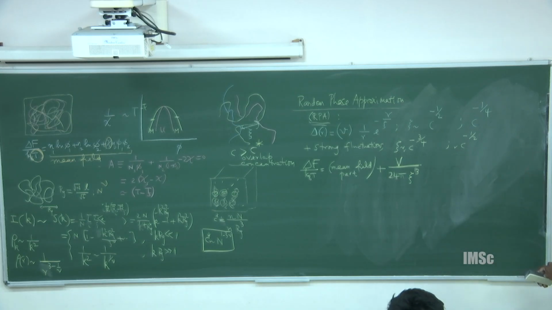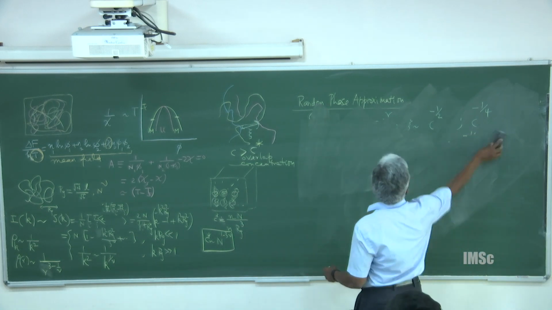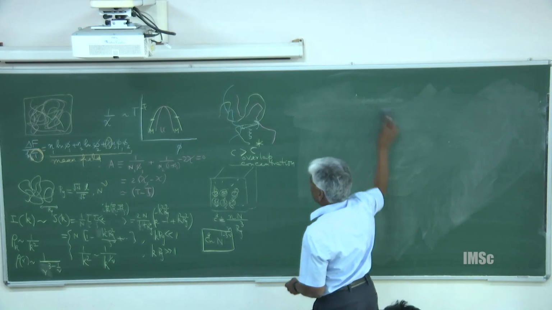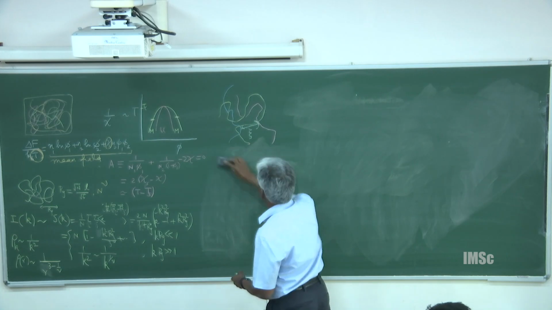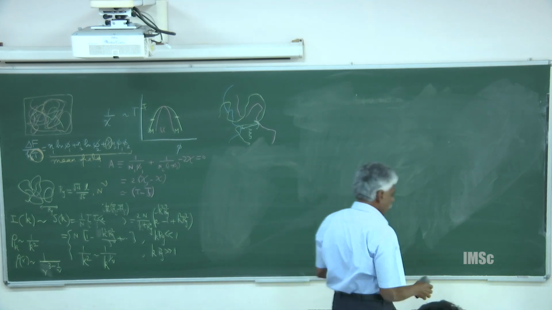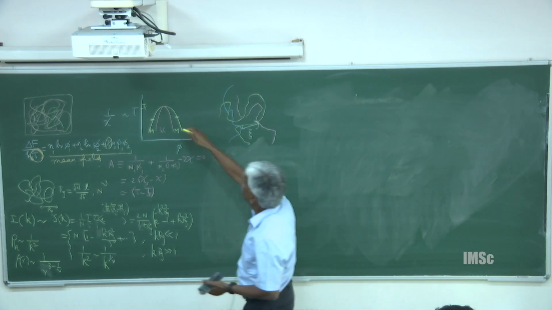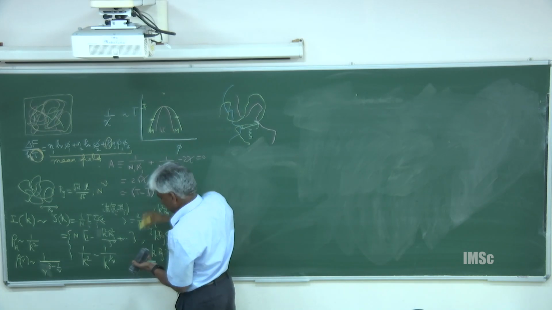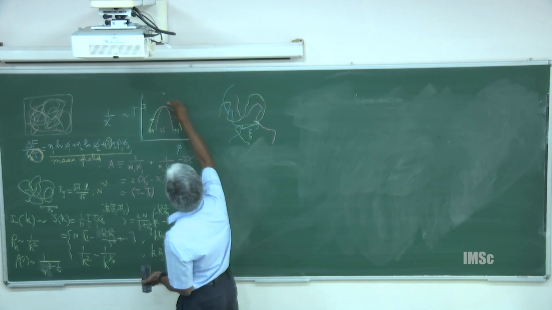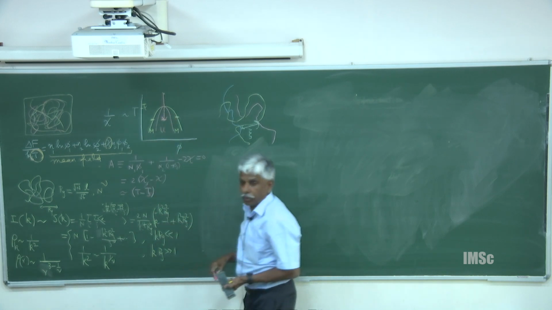Okay, so I'm going to erase this. Is that okay? But I want to keep that one. And I'll erase this too. I'll keep that one. Okay, so let me go here, and let me go somewhere there, and then I'm going to quench like this. I go there, and that's the point I'm going to go.